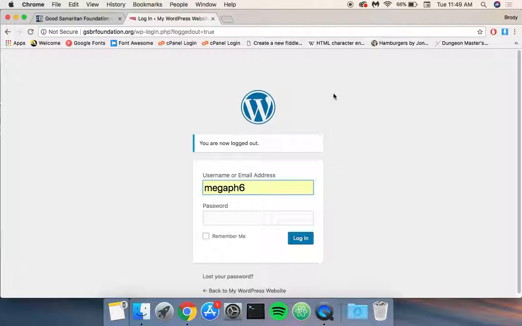Hey, today we will be looking at Good Samaritan Foundation's website, and I'll be showing you how to customize things using basic WordPress functions. So in order to log in, first you're going to have to go to